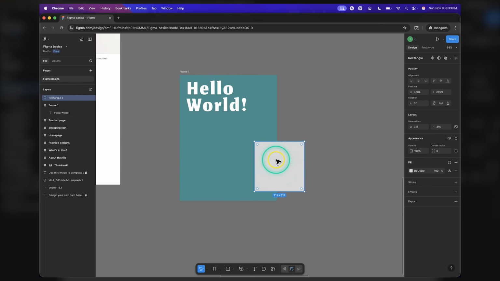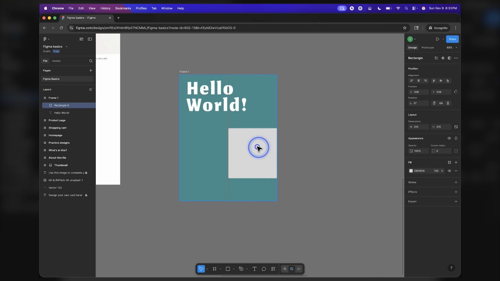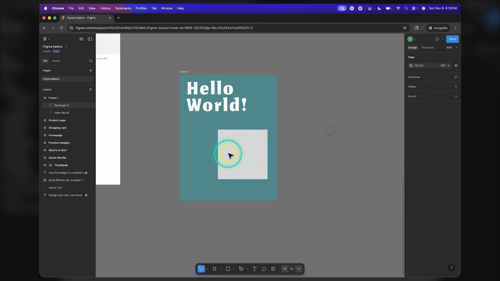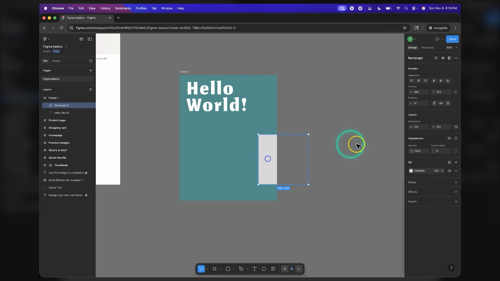So sometimes this will happen accidentally. You're moving it around, and it'll pop out. Like if I move it back into the frame, you can see it's actually back in the frame, and I've got it, just like we had at the beginning. But if I keep moving it past, it thinks we want it outside of the frame, so it does that for us automatically. But just be aware of that, because when you go to export something,